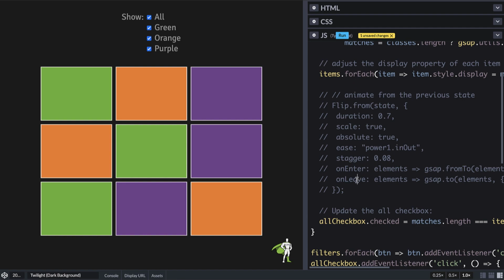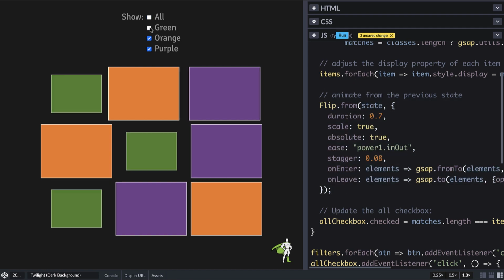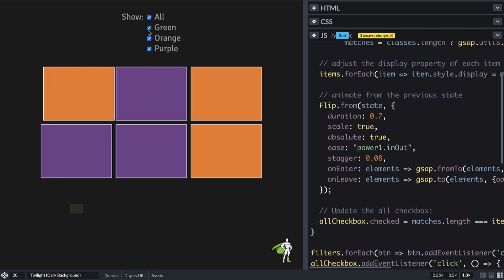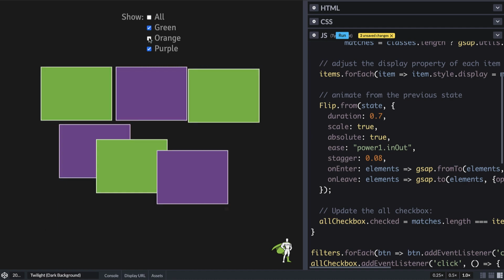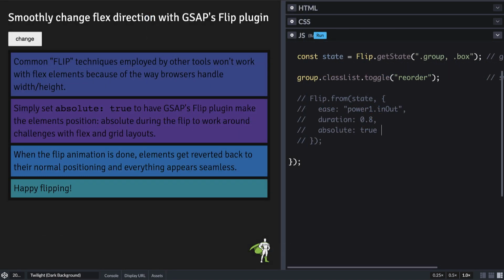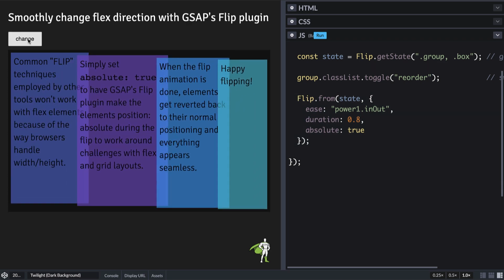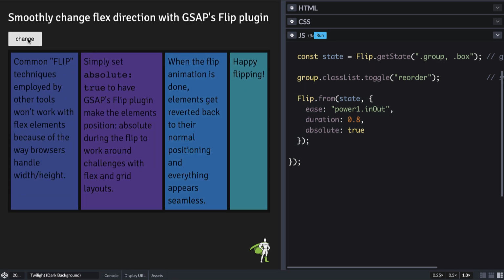But watch what happens when I uncomment this one flip call. Now when I click, it's much more clear what's going on. And here's a flexbox layout that toggles between columns and rows when I hit this change button. Anybody who's tried to animate between those states knows what a challenge it is with flexbox. But if I just uncomment this one flip call, now when I change, it's much more clear what's going on